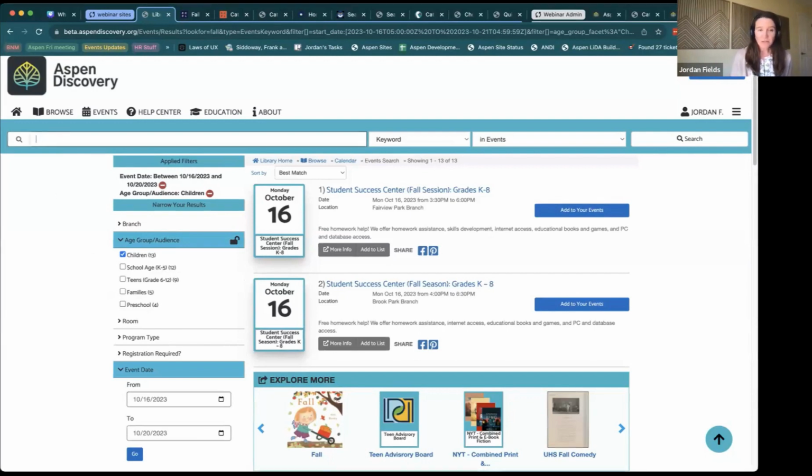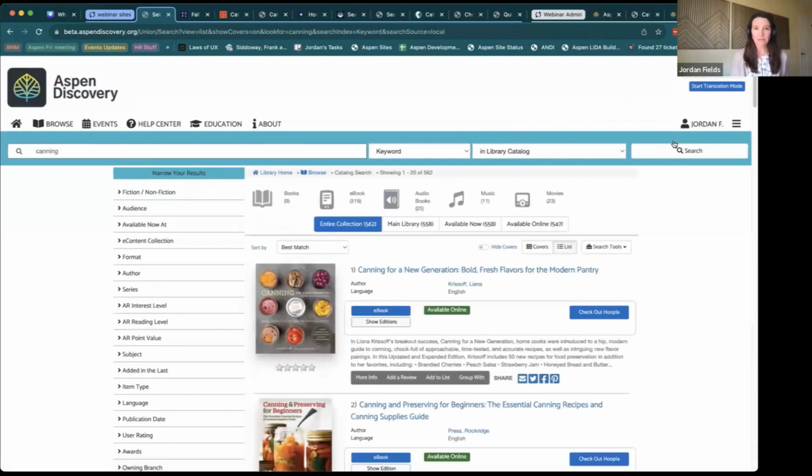Okay, so let's have another little scenario where I was talking to my sister, and it is getting to be the time of year where we both get really excited about canning. And she was telling me about this great new ebook that she got from the library that had wonderful tips on canning. And I remember that it was about canning. So I'm going to go ahead and search to click back to searching in the library catalog. And now there's a lot of canning books. There's, let's see,